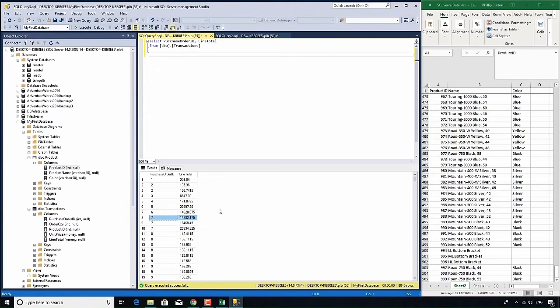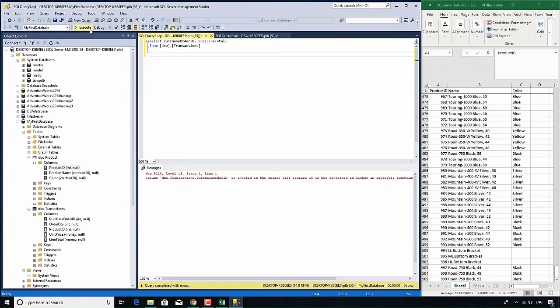Now if you're used to Excel, you know that you could put the word sum around your particular field. So here we have sum, open bracket, line total, close bracket. So let's execute that, and we will find, for instance, for purchase order ID, we have a total of about 41,000. So job done, go on to the next video, and oh,